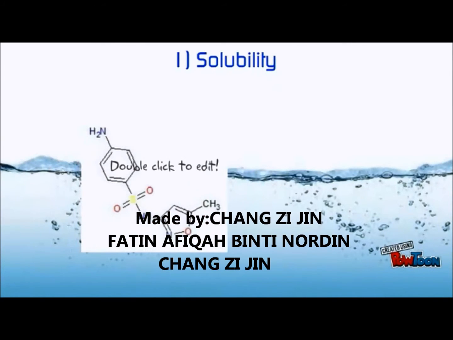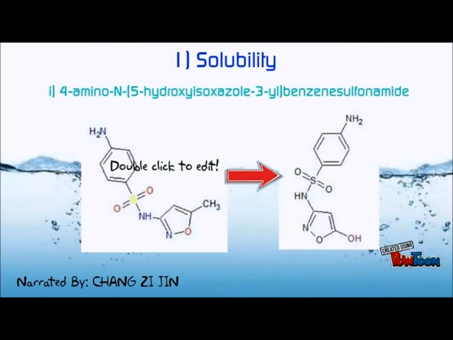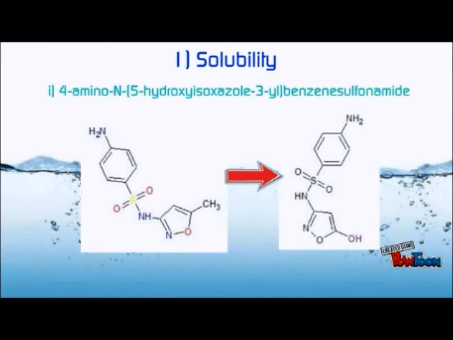First, optimization by increasing solubility. The oxazole ring previously attached with the methyl group is replaced by the hydroxyl group. The hydroxyl group plays a very important role in hydrogen bonding. By replacing with the hydroxyl group, the total number of hydrogen bond acceptors (HBA) increases from 3 to 4 and the hydrogen bond donors rise from 2 to 3. This increases the water solubility of the drug, with a log P of 0.74, lower than